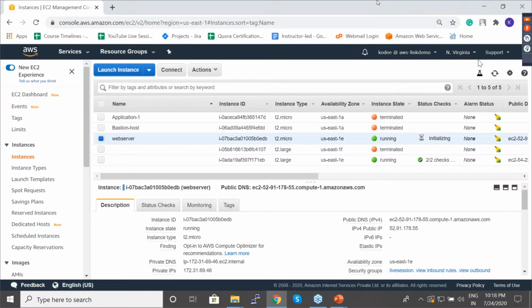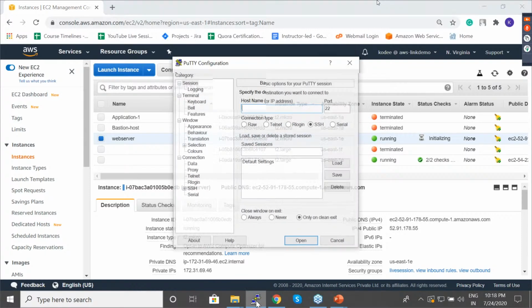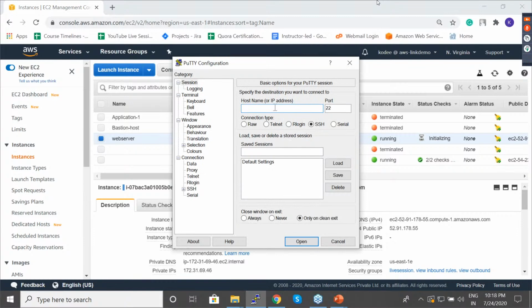Sometimes it will just delay, so it's better to try and log into your instance. If it logs in, then it's good. That's it. So I'll just click on Putty. And then the host name, provide your instance's public IP address. Port number is 22 because that's what is for SSH, and that is what you allowed in the security group. Port number is 22, SSH, IP address.